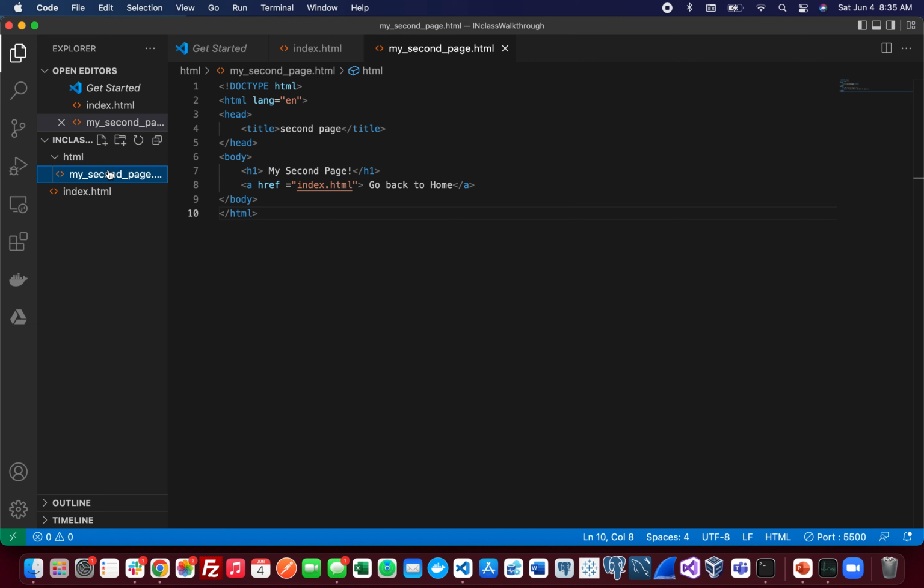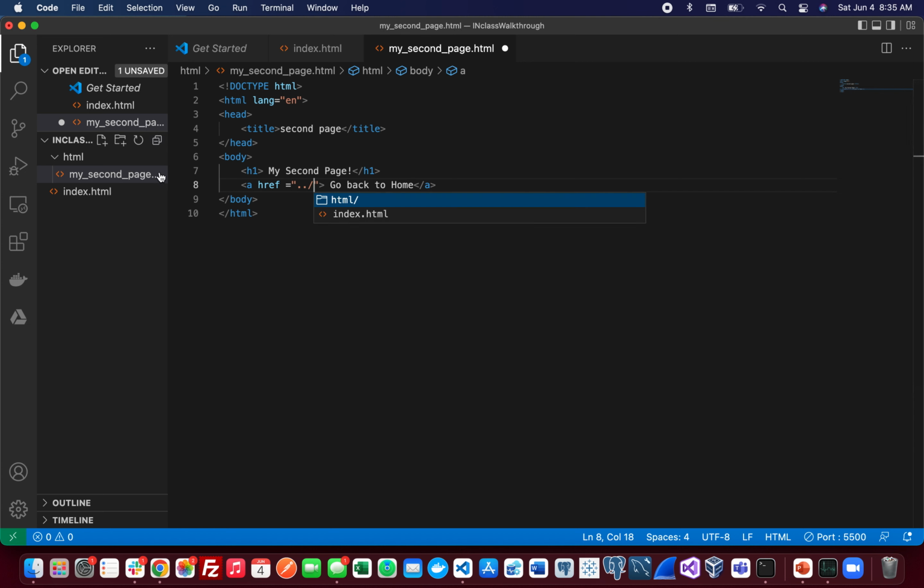So here's something really important. Kids always get confused over this, but if you just internalize it, it'll be great for you. You can do something called a ../ So if you say dot dot slash, I'll even show you, watch it build out the path as it goes. We're on the second page, inside the HTML folder. Right now when I start typing, there's nothing for it to look for. But if I say ../